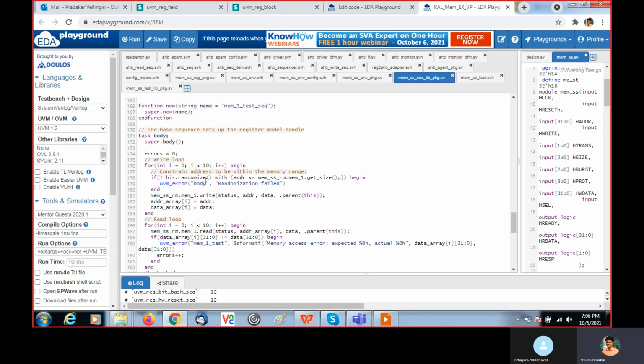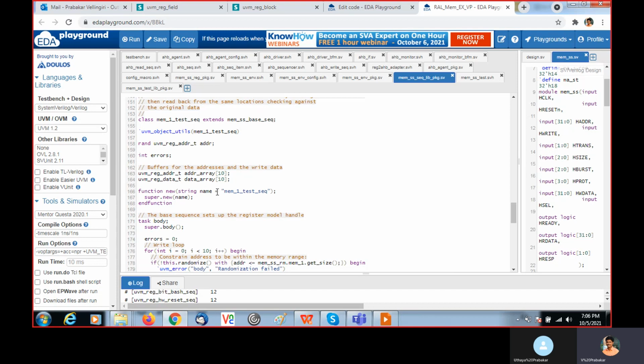And then for that address, the data will get some random data, and that will be written to the corresponding memory location.